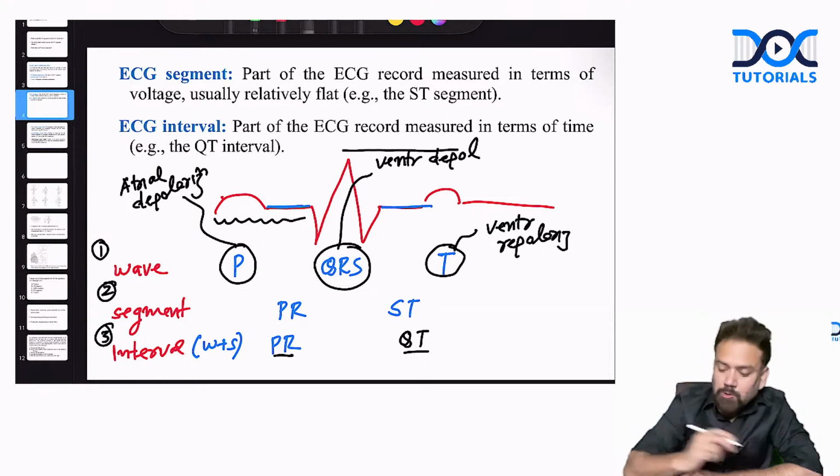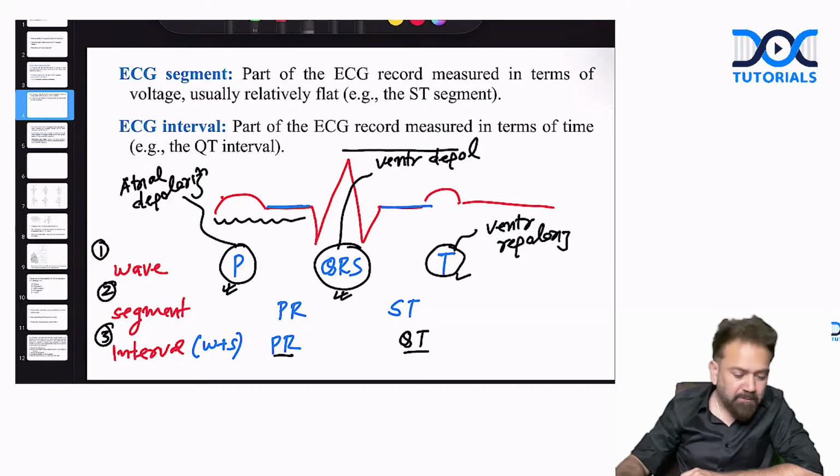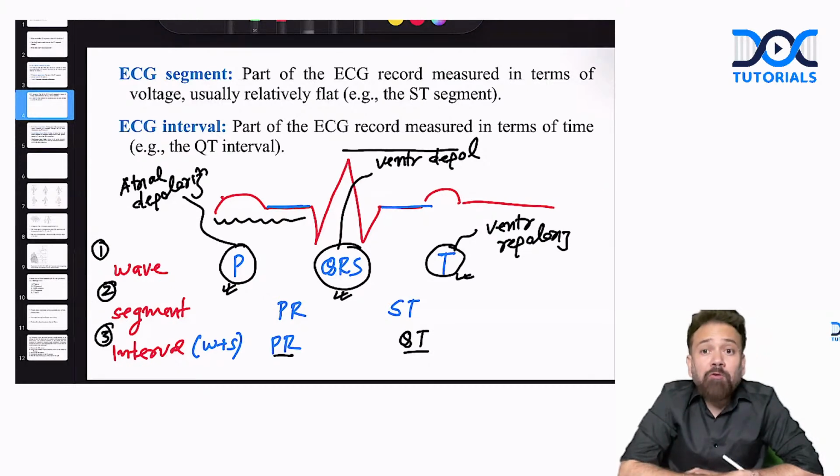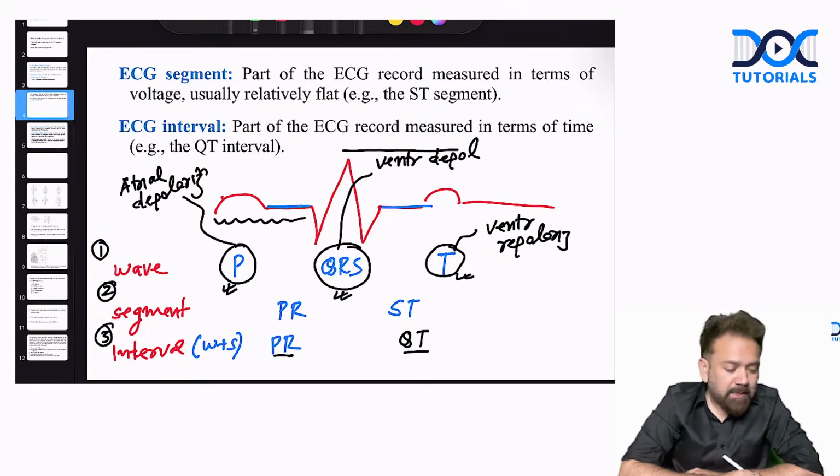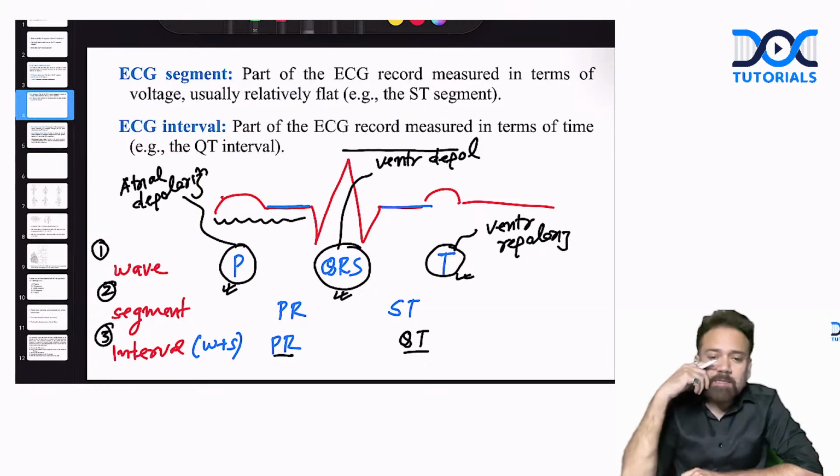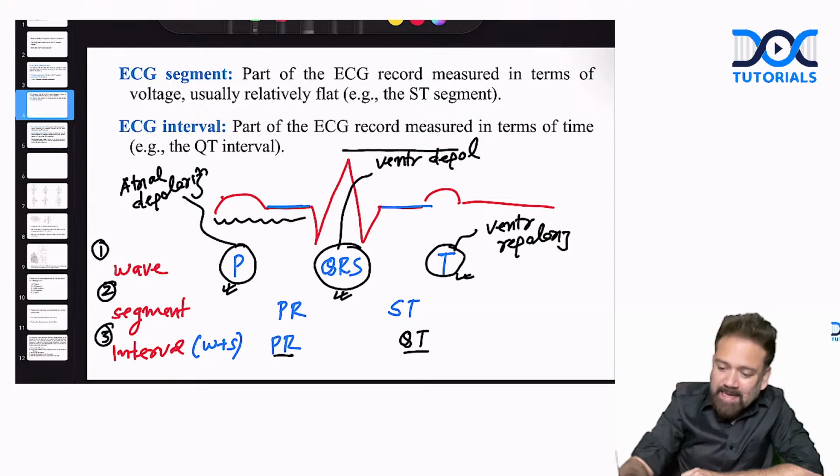Okay. So P wave is for atrial depolarization, QRS is for ventricular depolarization, and T wave is for ventricular repolarization. Now, where is atrial repolarization? Why can we not see atrial repolarization in the ECG? This is again a question asked in your exam or viva. What is the answer? The answer is that, my dear,